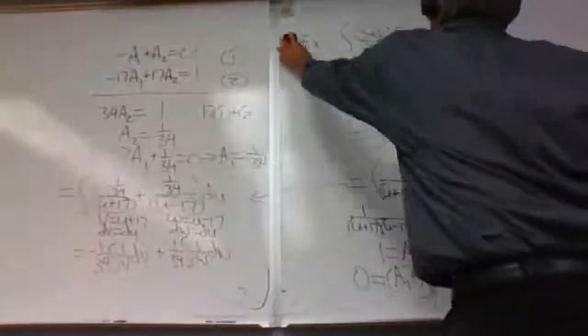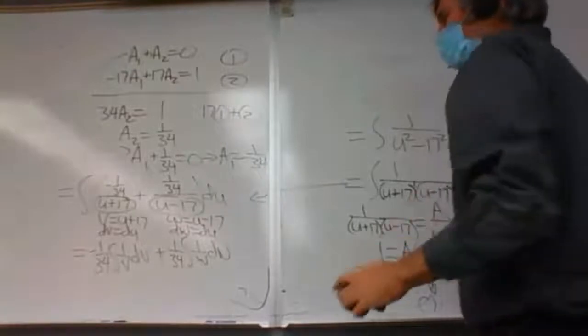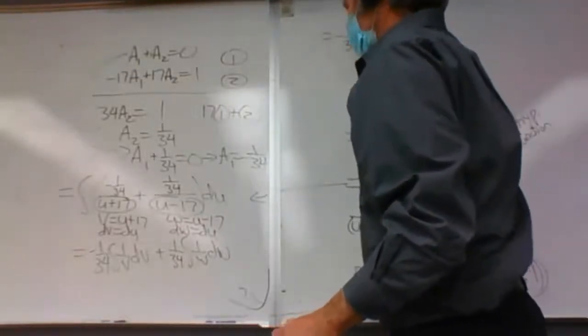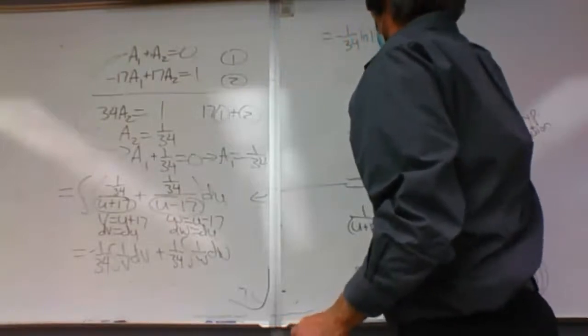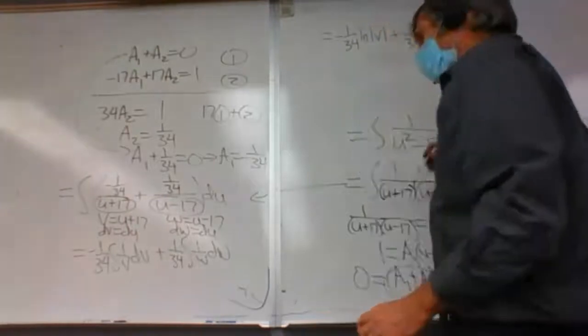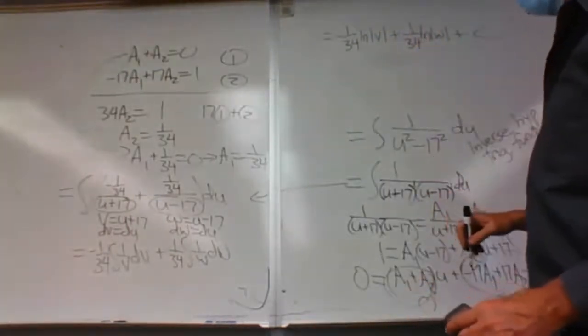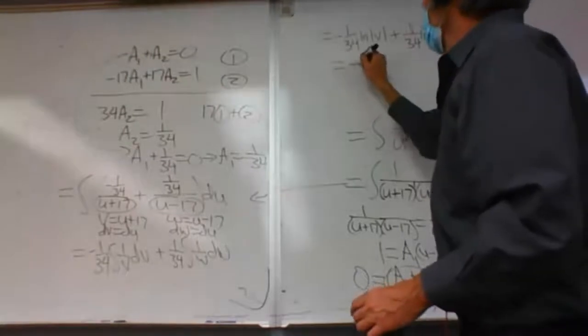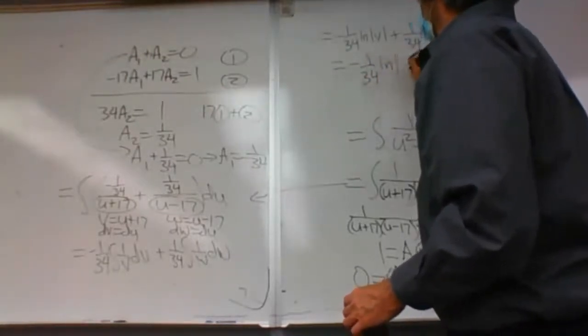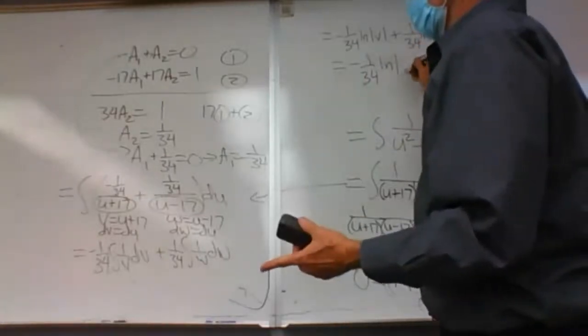This one becomes plus 1/34, integral 1 over w. So we'll rewrite this as minus 1/34 natural log absolute value of v plus 1/34 natural log of absolute value of w plus a constant. And then v was u plus 17. And u was